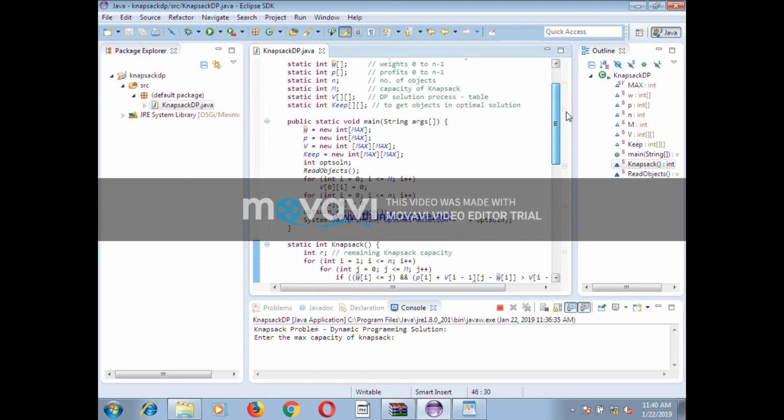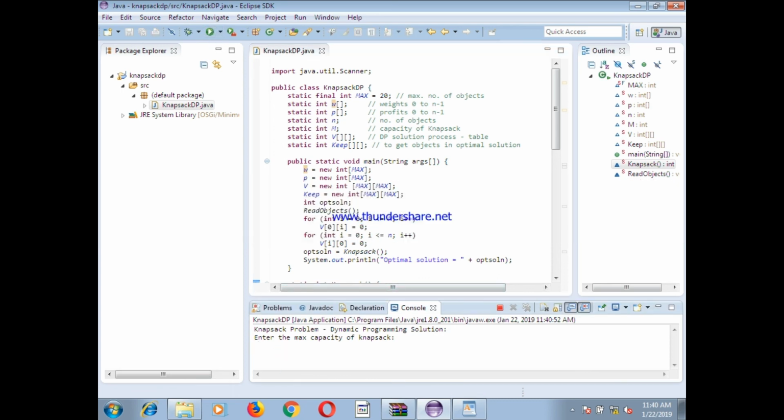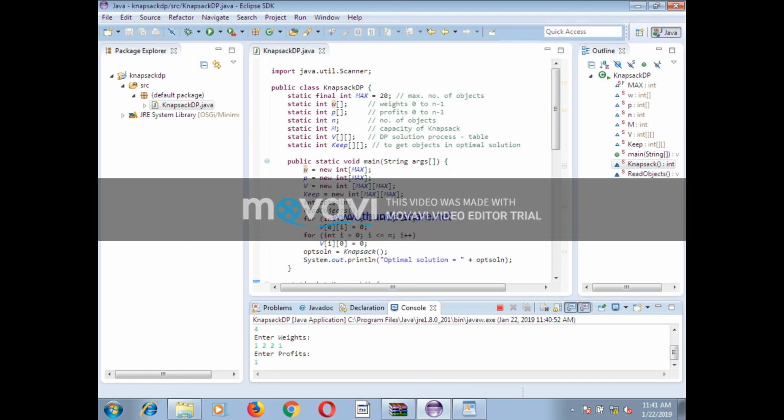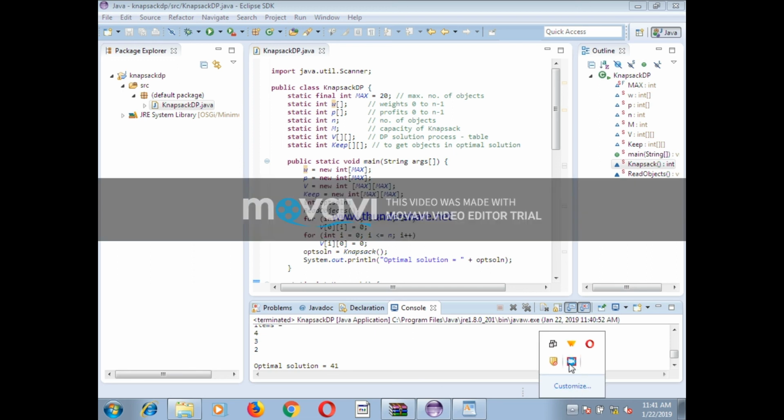Now let's execute the program. That's knapsack using dynamic programming. What's the maximum capacity of the knapsack? I'll say 5. The number of objects is 4. The weights are 1 2 2 1. Enter the profits: 10 12 14 15. The optimal solution we got is 41. The items that will be included in the knapsack are 4, 3 and 2, because the size of the knapsack capacity is